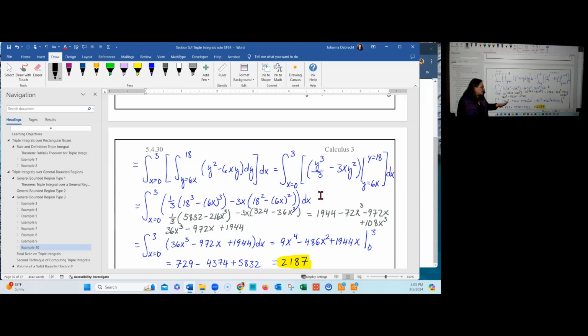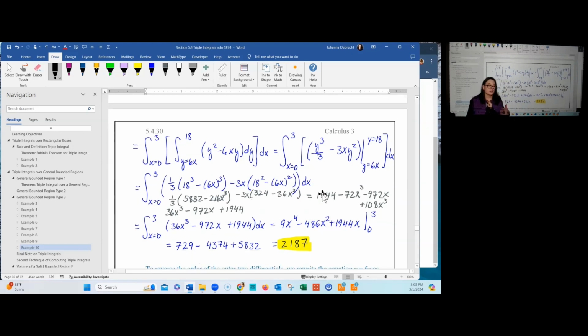When integrating, we end up with 9x to the fourth minus 486x squared plus 1,944x. When we substitute in our values from 0 to 3, the lower limit of integration doesn't add much. It just adds in zeros. But the upper limit of integration gives us a final value for the triple integral of